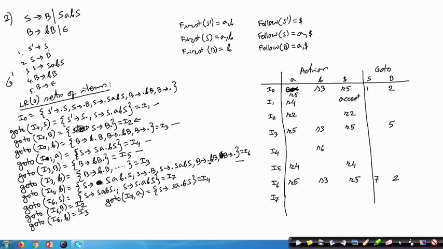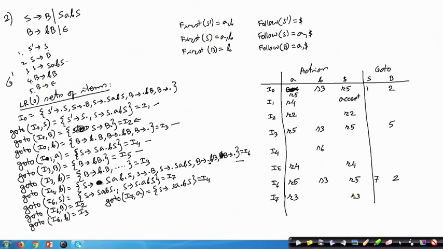So, that is I2. Now, in I7 I have S producing S A B S dot. So, that will be a reduction rule for follow of S. Follow of S is A and dollar and this is rule number 3. So, this is reduced by rule number 3.